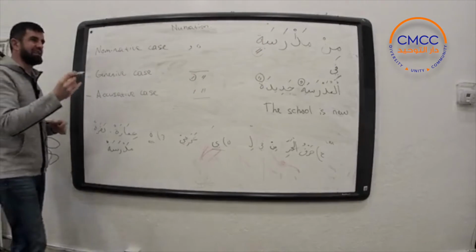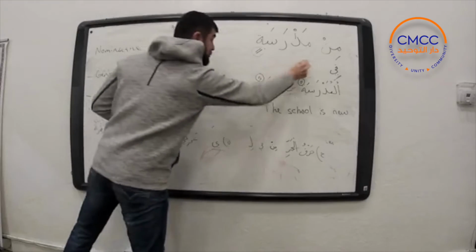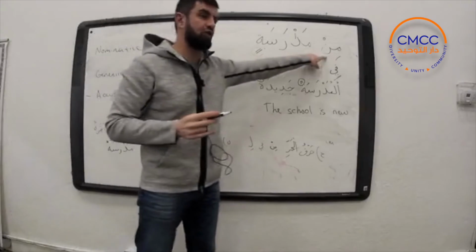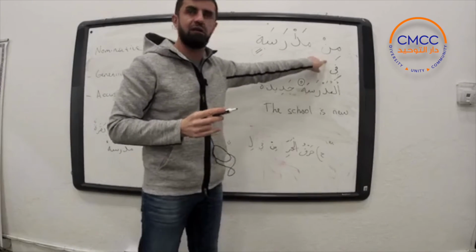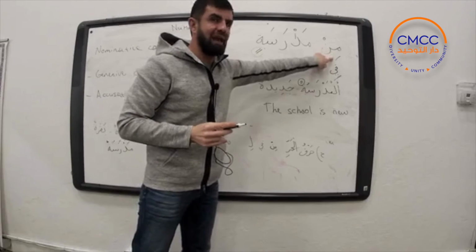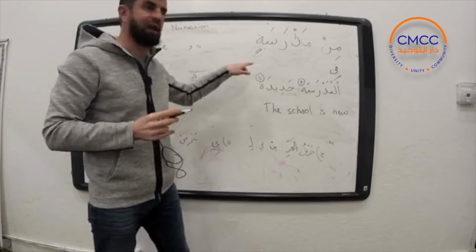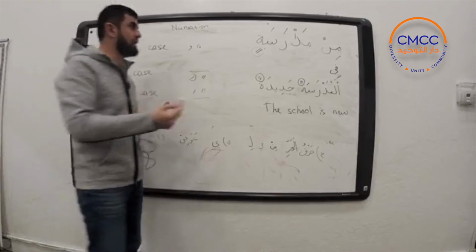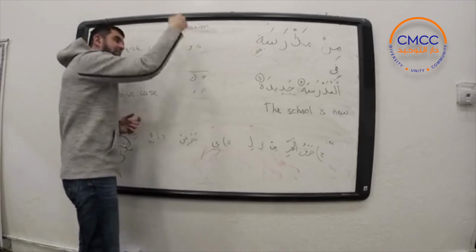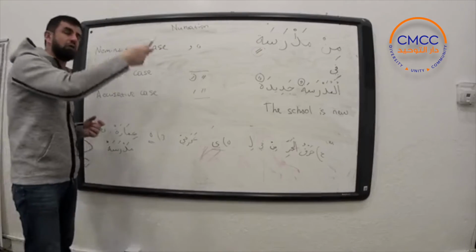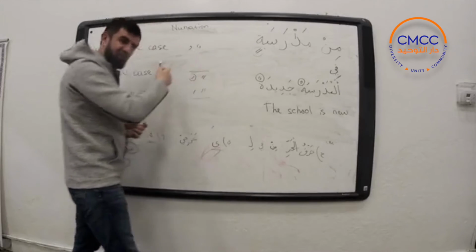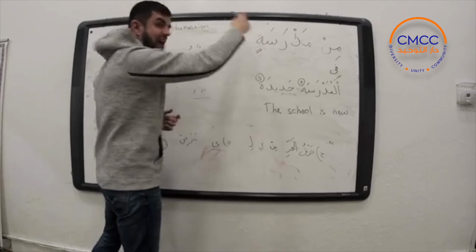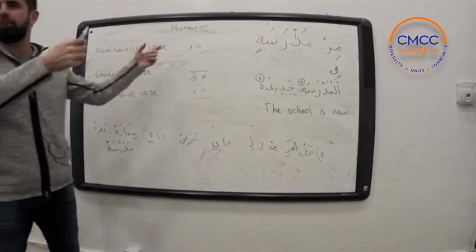So let's say, for example, the noun madrasatun is in genitive case because of the harful jar, because of the preposition. So a preposition makes a noun genitive. Min madrasatin, from school. The adjective that will follow this noun is also going to be in genitive case, and of course, as we mentioned before, it has to be feminine, because it has to comply to it.